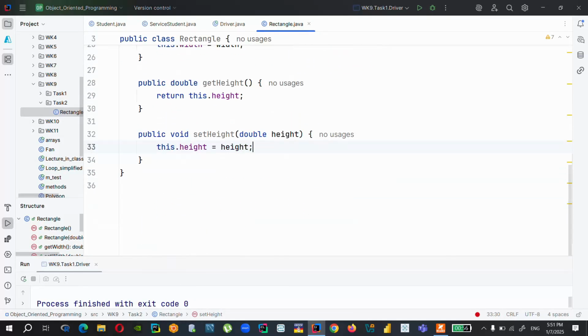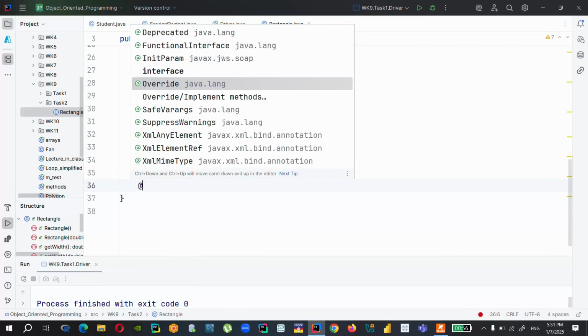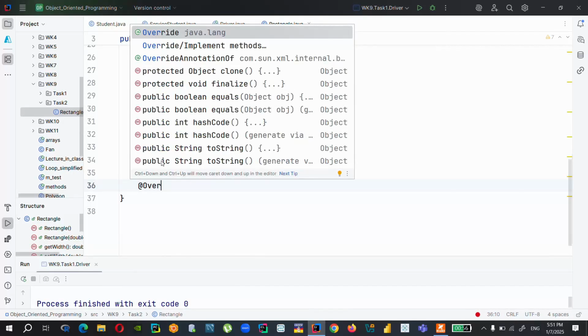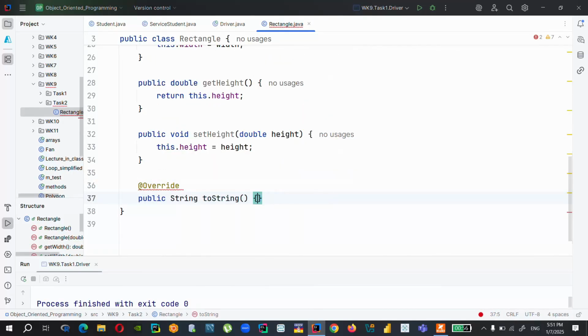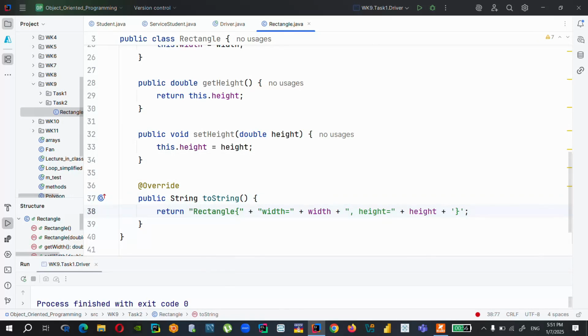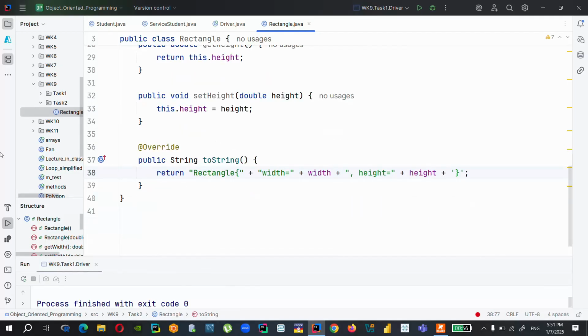That's it. Right. On top of this, I need to create one more, which is the toString. So I'm going to have override. Okay. And public toString and return. That's it. Done. Okay. Now, according to this, what we call specification requirements,